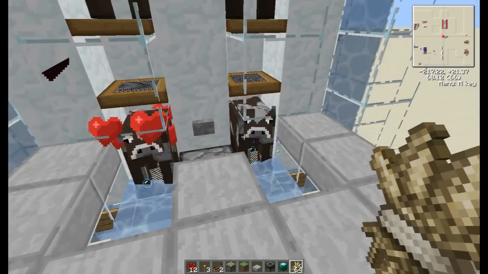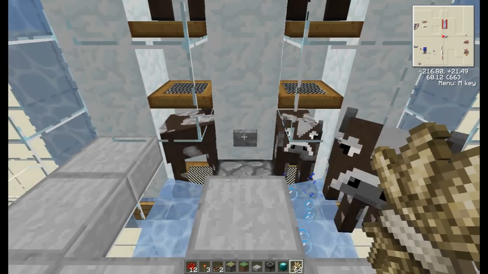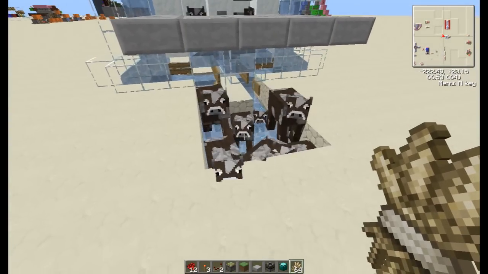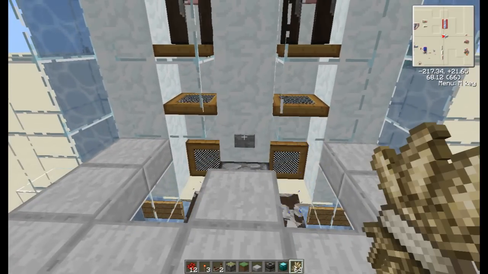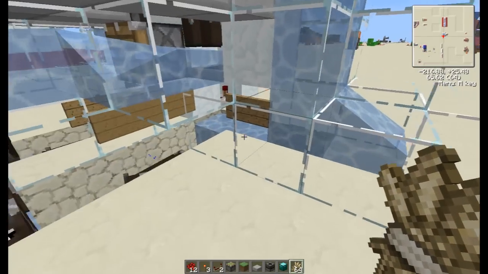So it works as you breed them, they drop a baby cow into this baby pit, and then you'd press the button. They would cycle out and get dropped into,